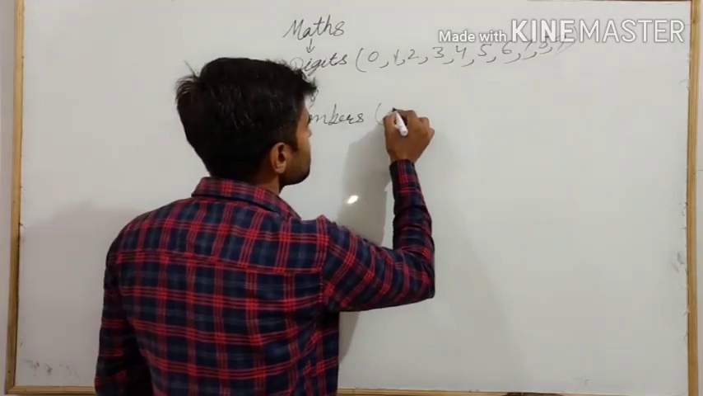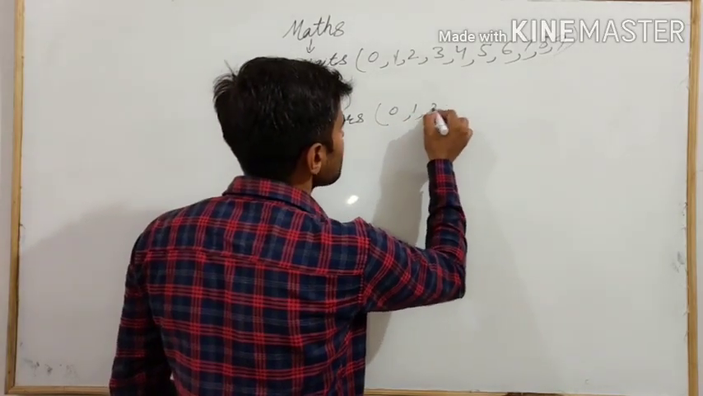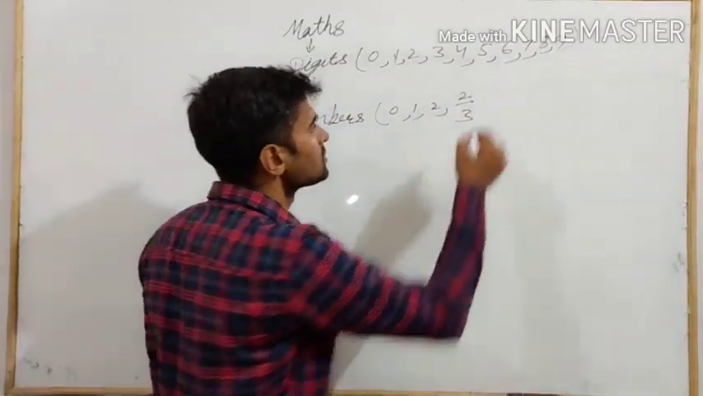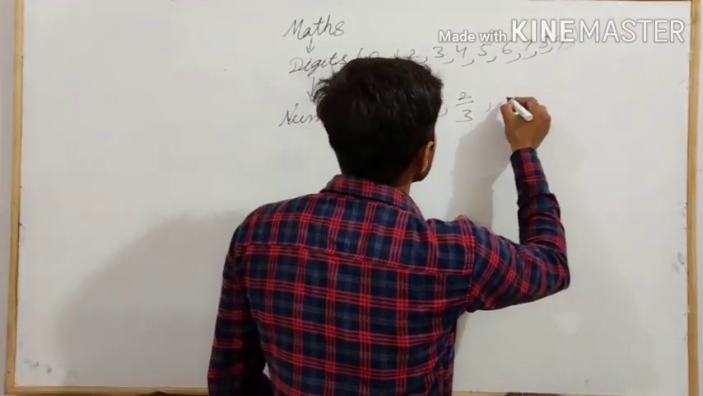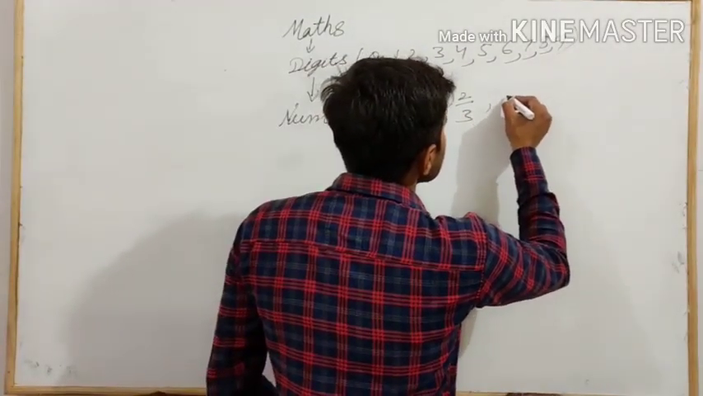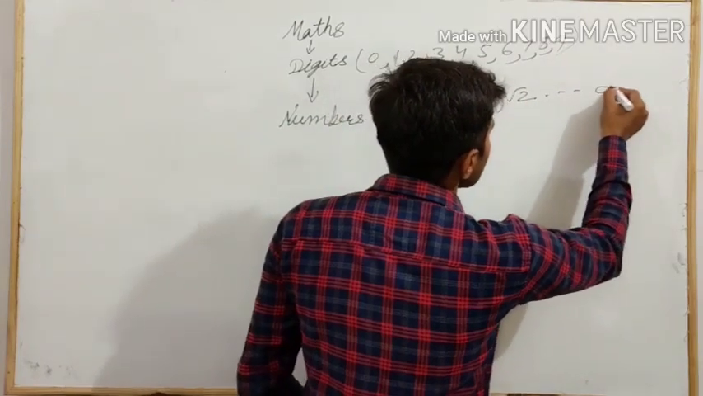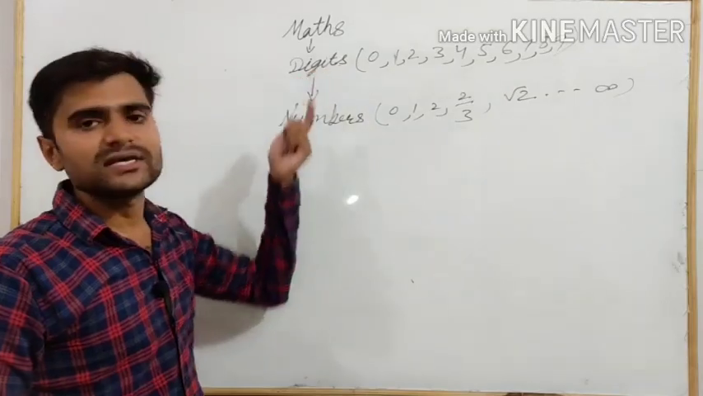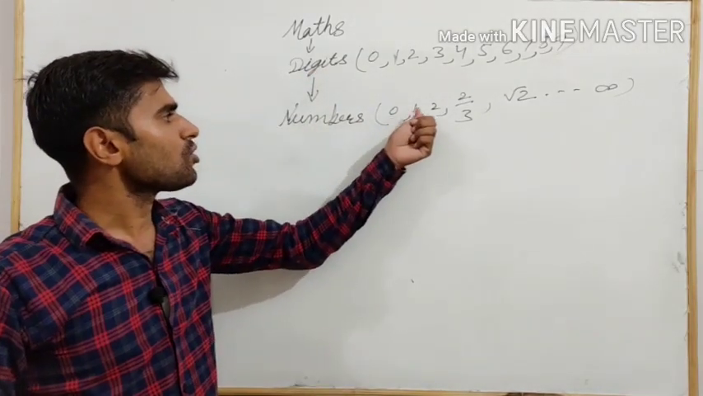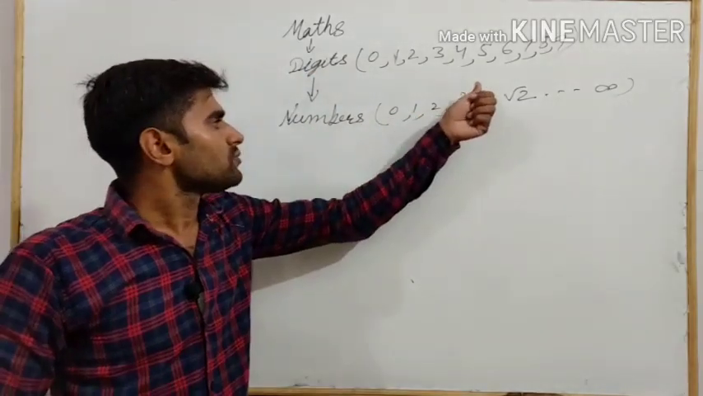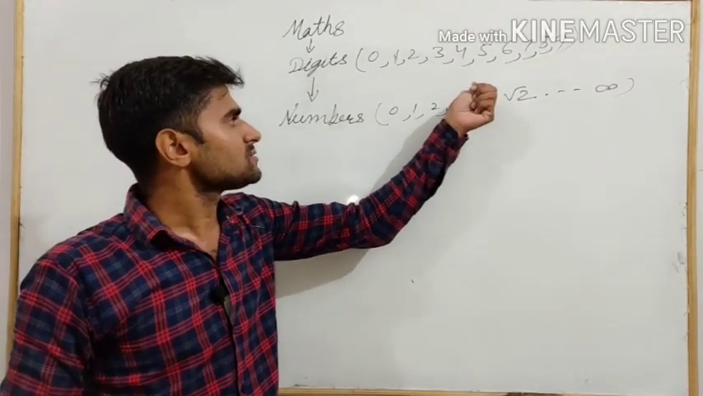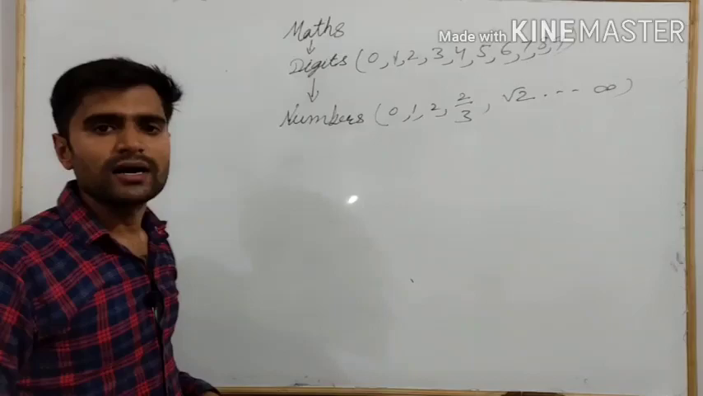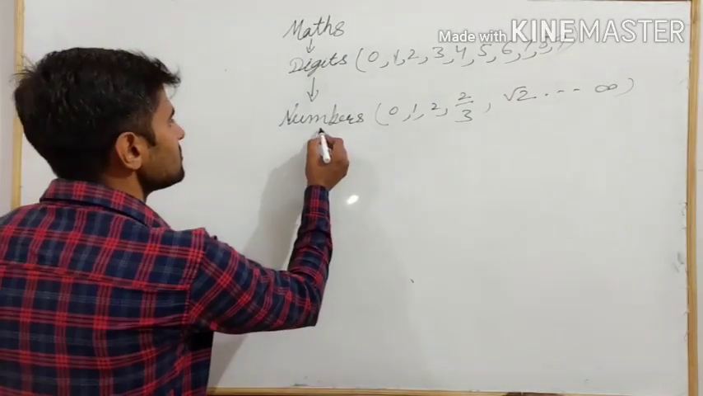The numbers are 0, 1, 2, 2 upon 3, under root 2. It means from the digits we can create any number like 0, 1, 2. There is an operation, divide operation, 2 upon 3, under root 2. These are numbers, and numbers are in